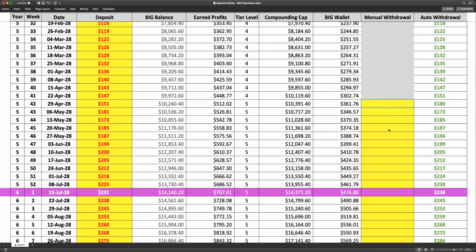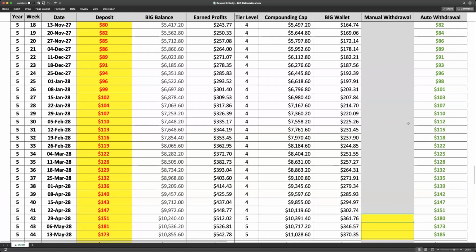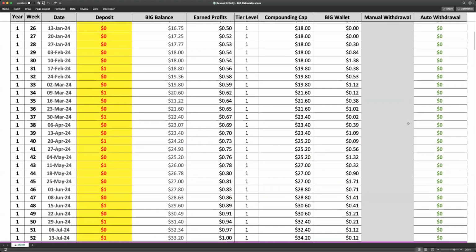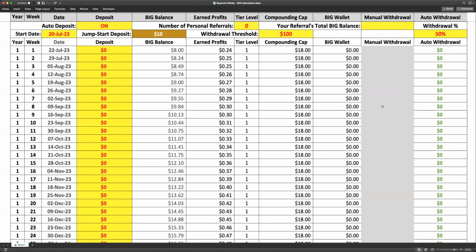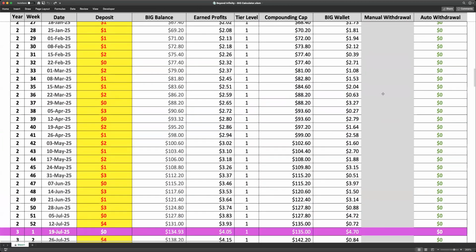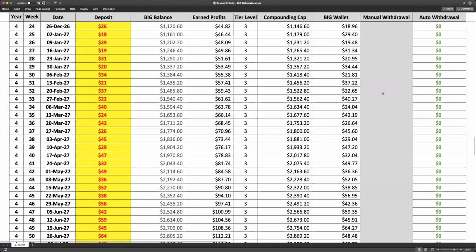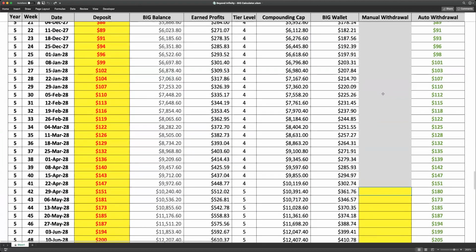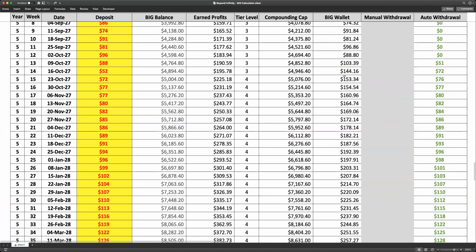We also have the auto withdrawal, which is the same thing. We just renamed it, but that part is, remember when you set your threshold at $100. So let's go back up, JC, to where the big wallet first has $100 in it. Okay, coming back down. All right, it looks like year 5, week 13. The big balance is